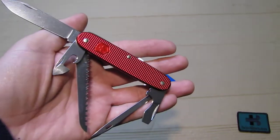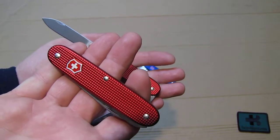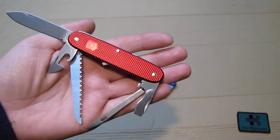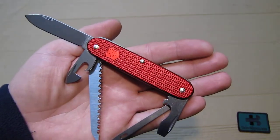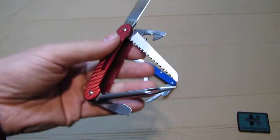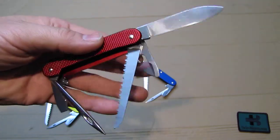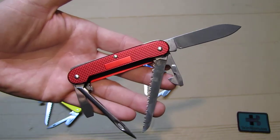The silver logo that we had on the other runs, like this one, was replaced with a complete red logo, and that's how it looks. On the back side we have again the engraving plate and the big cutout of the A-lock scales